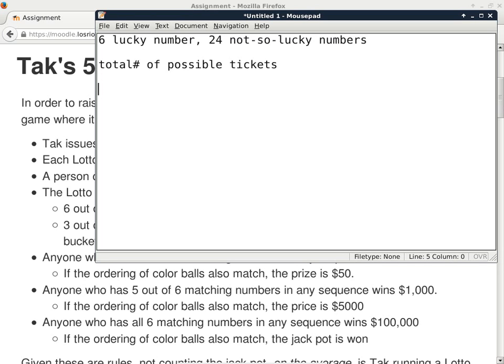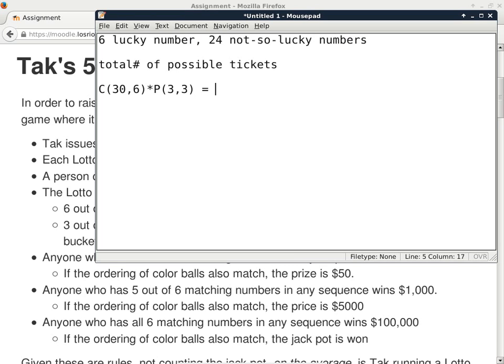All right. In terms of just the numbers, the number of combinations is going to be choosing 6 out of 30 items. That will give you the number of combinations that we can get out of choosing 6 numbers out of 30. But that's not the number of tickets, because for each combination of numbers, I also have 6 ways of arranging the colors. So you have to remember to multiply this by the number of permutations of choosing 3 out of 3 colors. That will give you the total number of tickets.